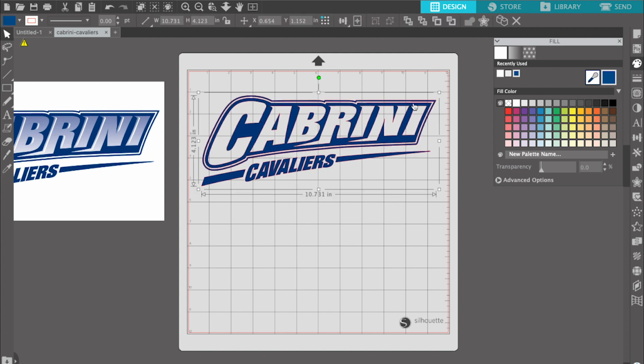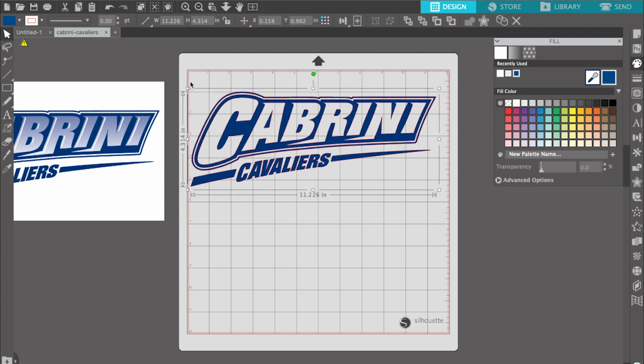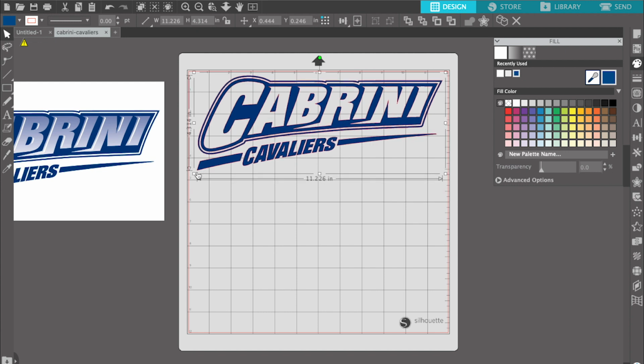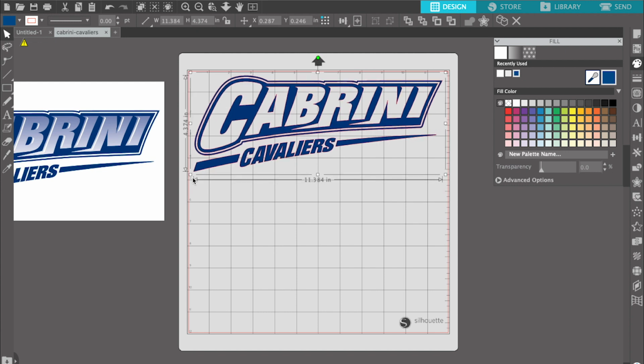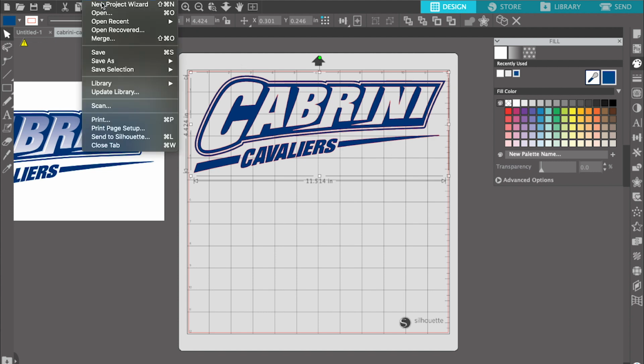All right, so I'm going to take this and I'm just going to make it a little bit bigger and I'm going to save it. All right, I don't know what size I'm going to make it yet, so I'm just going to save it as the size that it is. All right, so the biggest amount that I can make it without it coming off the sides, and then I'm going to go ahead and I'm going to save